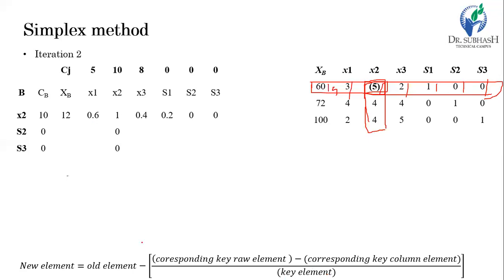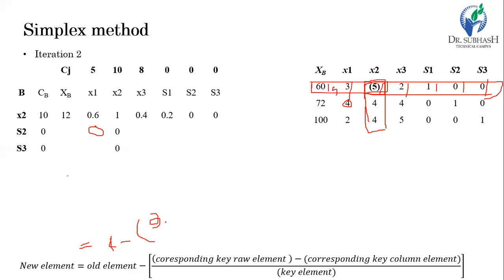Let's suppose here a new element, let's think of a new element for this column. Say here, instead of this 4, at this 4 we want to calculate the new element for this position. So the new element at this position equals the old element. The old element is 4 here. So 4 minus the corresponding key row element. So for this 4, work through the key row. If we work through the key row in orthogonal direction, we get the value of 3. So 4 minus 3,